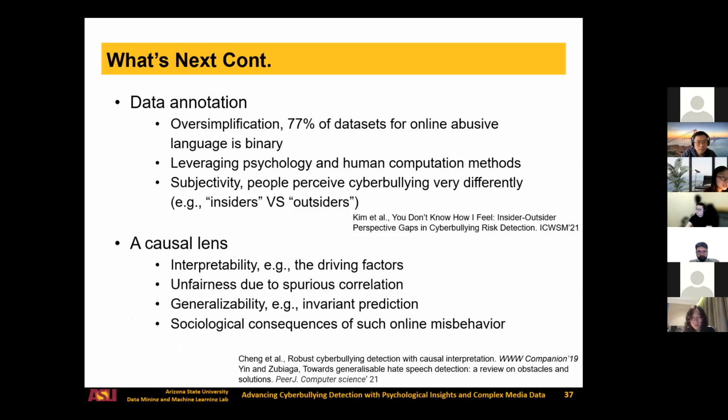And as I mentioned earlier, data annotation is a very important and also very challenging task. For example, currently 77% of data sets are just binary. So there is potentially an oversimplification problem. And probably we can leverage some psychology and human communication methods to help the data annotation process. And also, when we annotate the data,